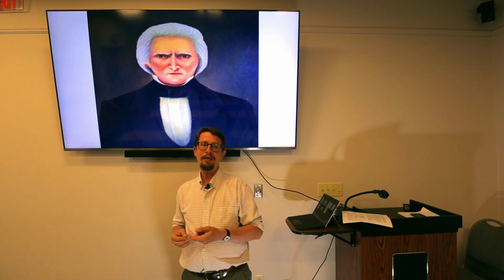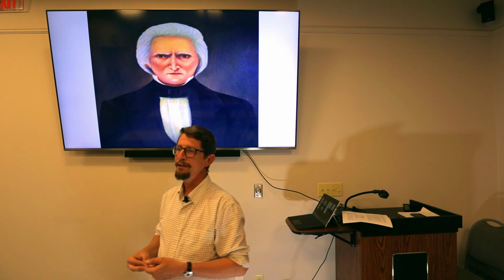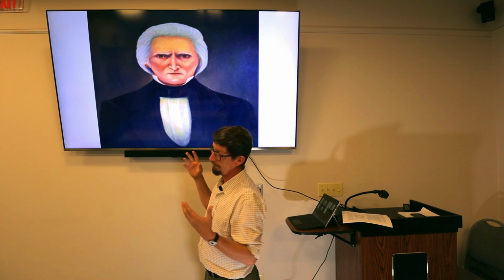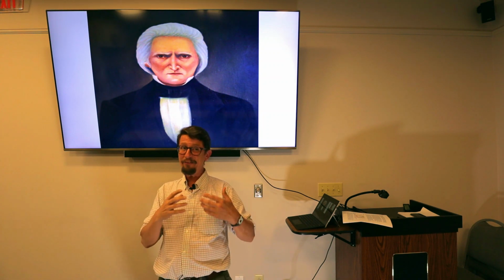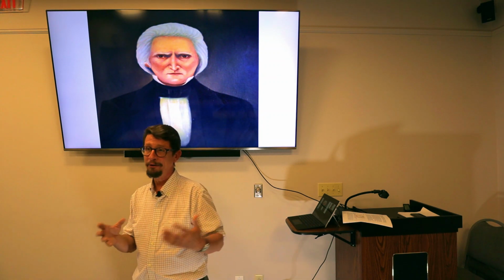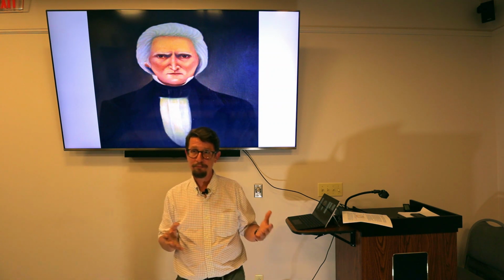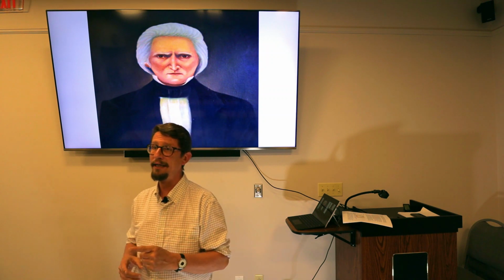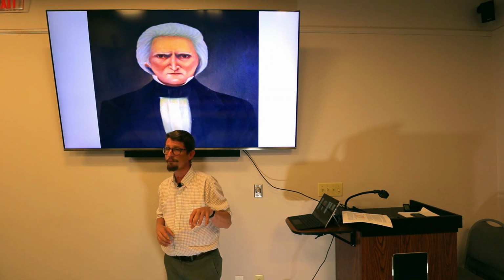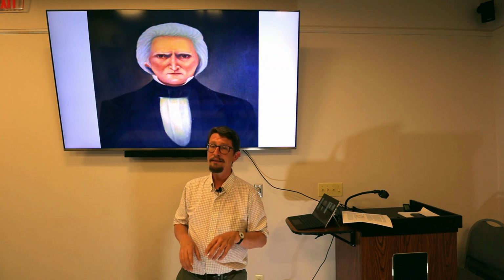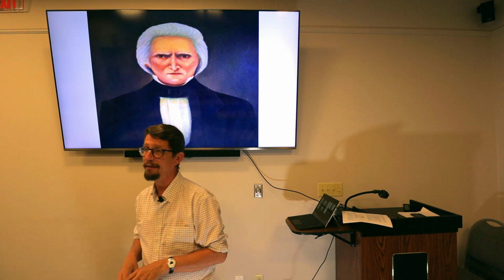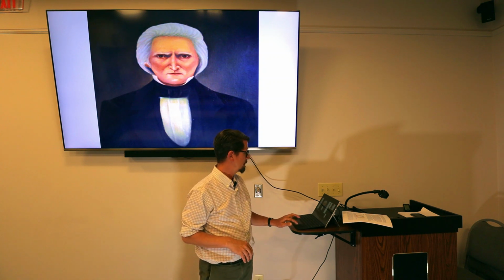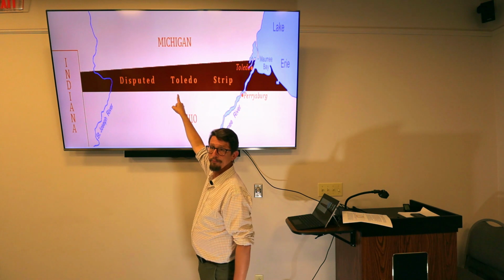Now, Michigan wants to become a state. So they start the process of getting their census. They have 83,000 people in Michigan at that point. So they have the provisions to be a state. However, by this time, Ohio is a power in the United States Congress. Its congressional delegation, which was 15 people and 2 senators, decided that they were going to stop Michigan from being a state, particularly since they're going to want to become a state based on that border.